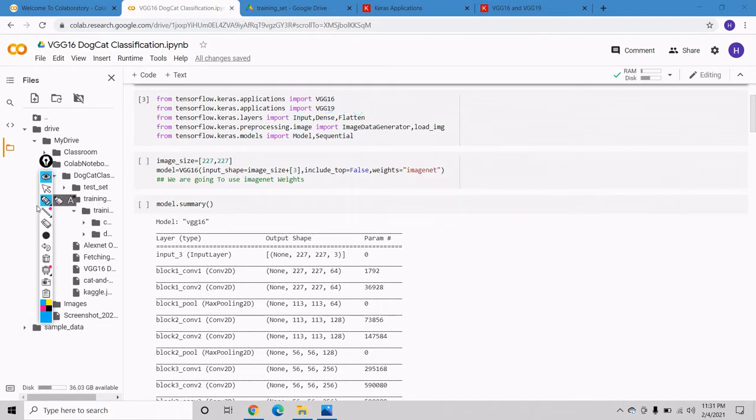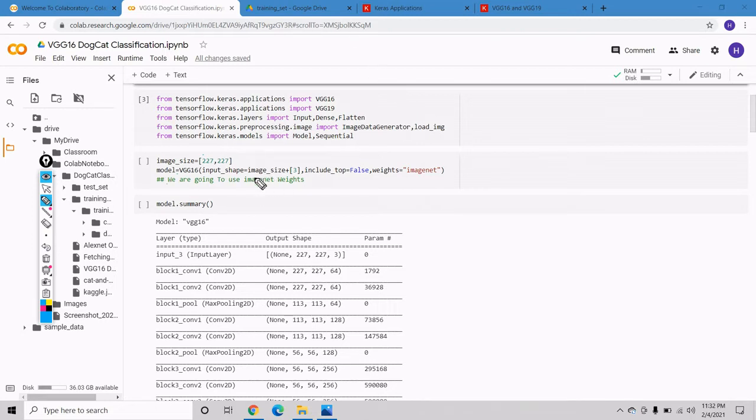Now we first have to set our image size. In my previous model, AlexNet, we used the same size, so here also we are going to use 227 cross 227. Now we are calling VGG16 and making an object of our model.